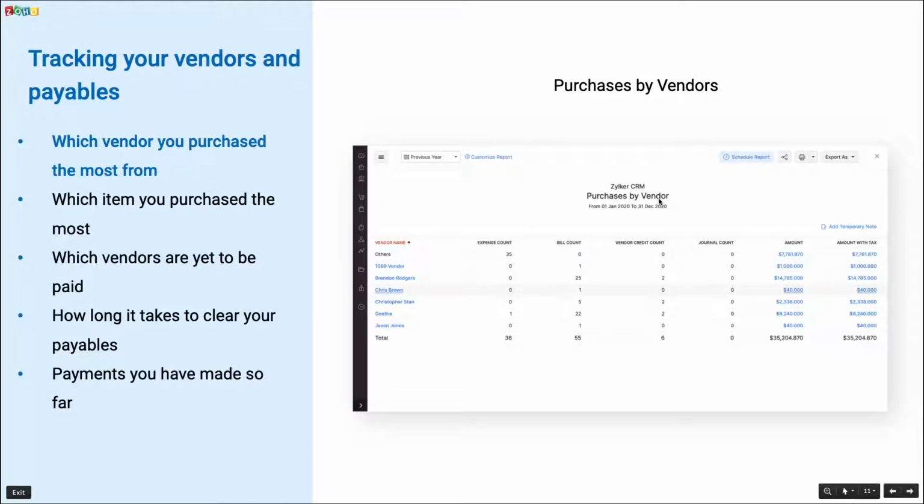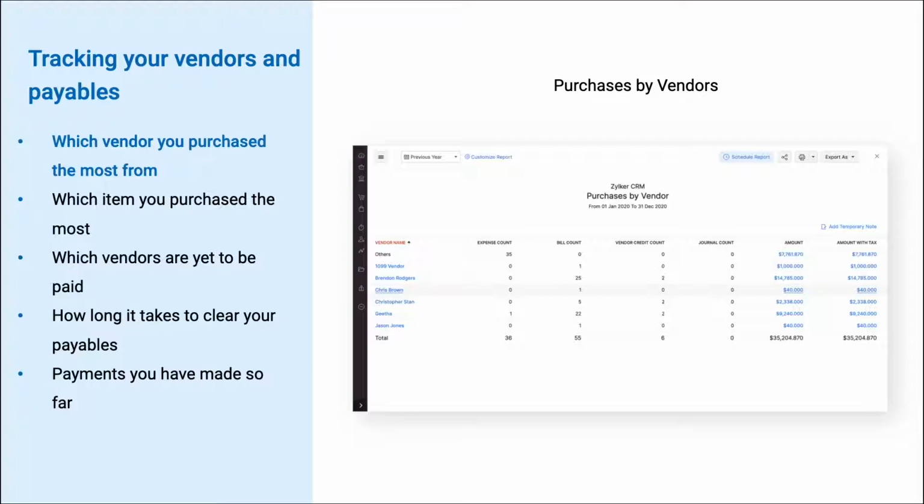Now that we have seen some reports on customers for business, the other side of the coin is the vendors from whom you purchase your products. This is usually applicable for businesses which trade in goods, and not for the ones who engage exclusively in the service industry. Using these reports, you can find data on your vendors and stay on top of your